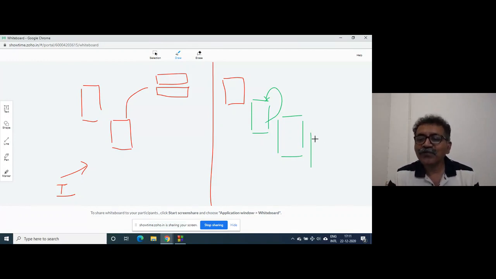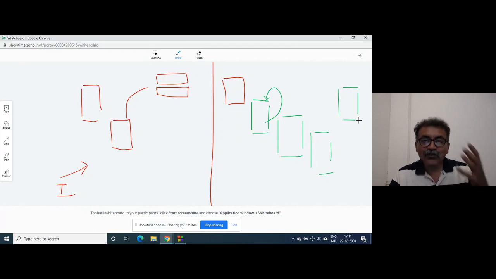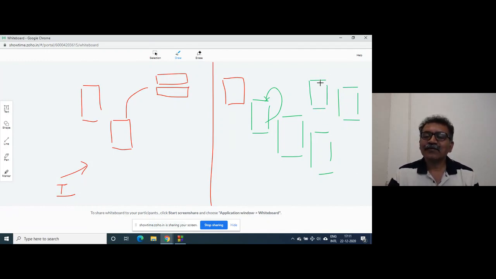So all these will be separate function bodies, and a function needs memory. It is not that only variables need memory. Functions also need memory. So however many recursive calls take place, that many functions will be cluttered in the memory. So in the memory there will be a lot of functions, right? Like this, one after another. I showed you that in the call stack. A lot of functions will be there.